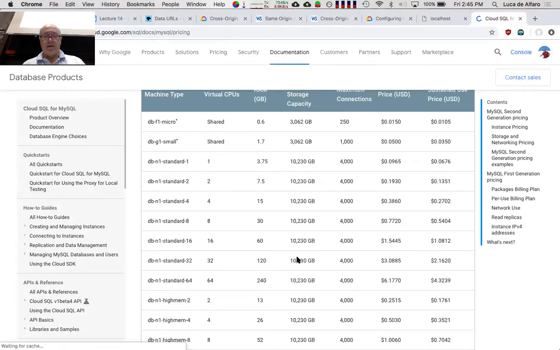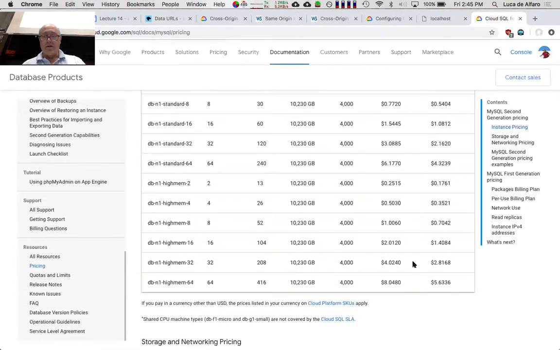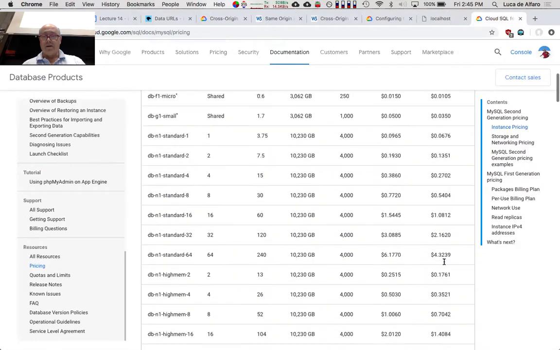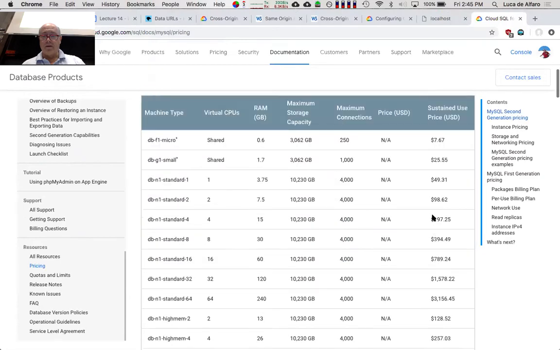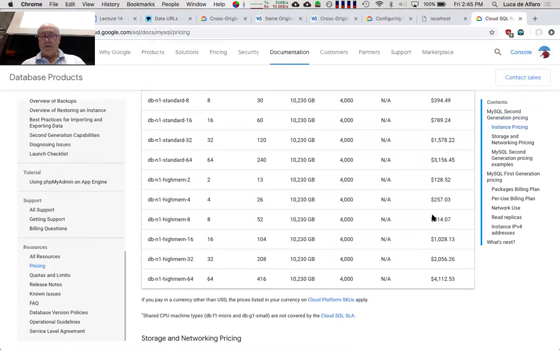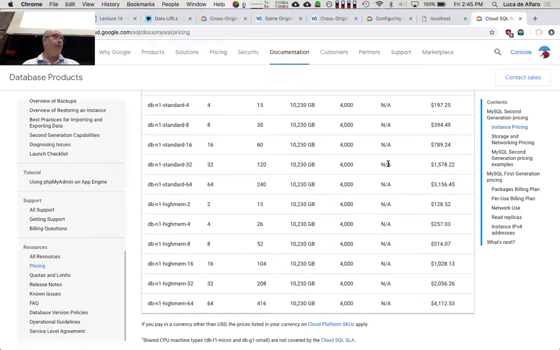Okay, 10 terabytes, and so you can look at what they have and how much they cost per day, or I don't know if they have a... No, we want monthly, of course, right? And so the prices get somewhat high depending on the storage, $3,000 a month for the storage, etc. But also, there are some limits. Now, 10 terabytes may seem like a lot, but if you want to do something like Flickr, clearly you cannot